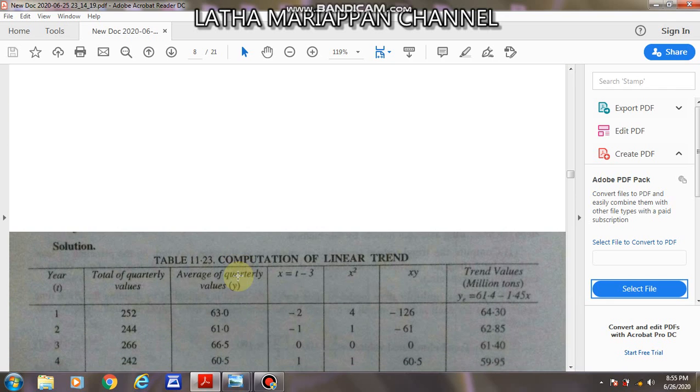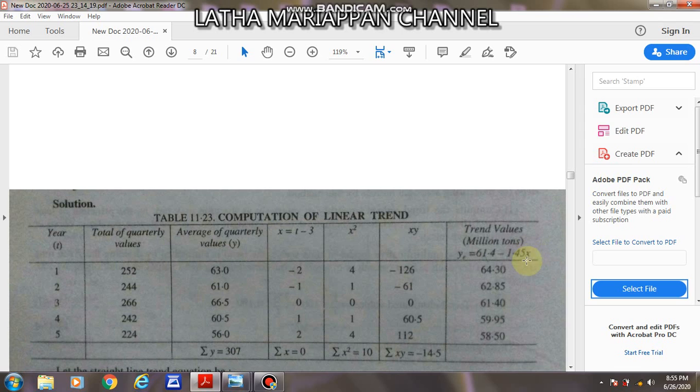Here you have to put, and for each x value, it means this is the independent variable, so x is going to vary. If you change the value of x, you can predict your y value. It means y in the sense here is the production. So now we are going to change the value of x. So the first value, x is equal to minus 2, isn't it? Substitute here x, minus 2, so it means minus 1.45 into minus 2. Then if you add it with 61.4, you will get 64.30.